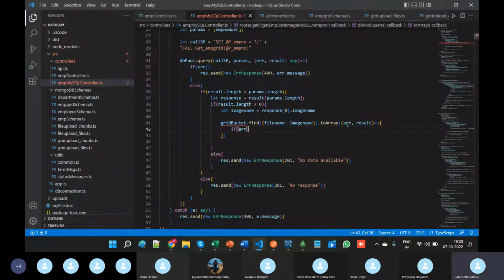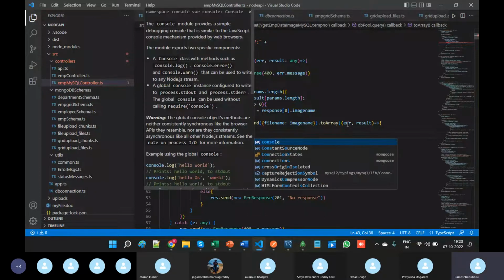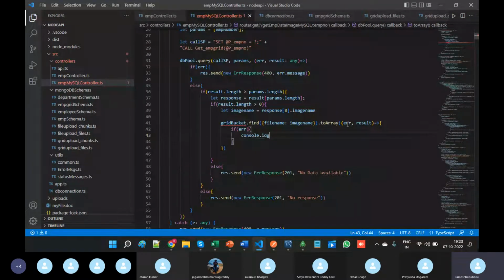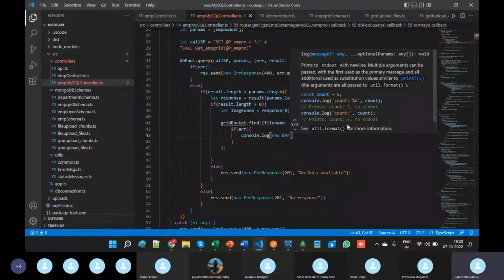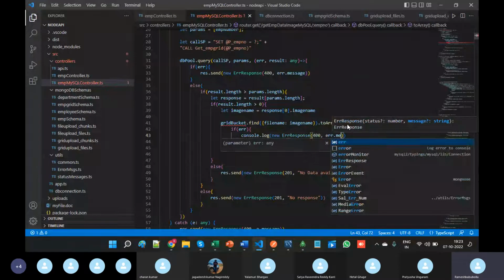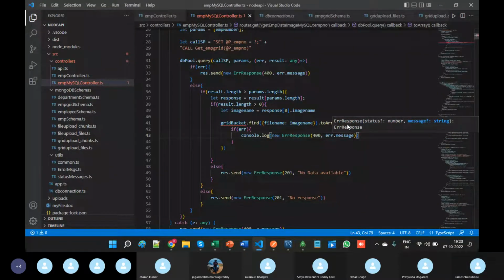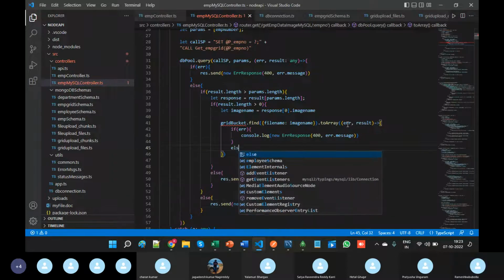So if any error comes, I am displaying console.log new ErrorResponse of 400, error.message. Okay, if there is no error, then